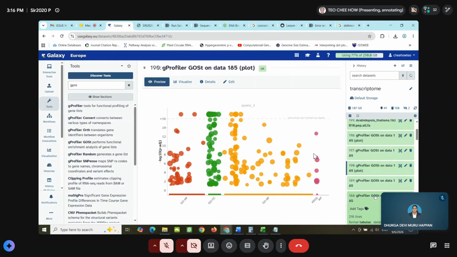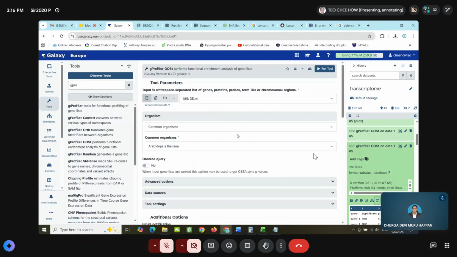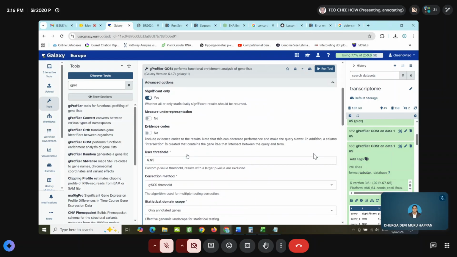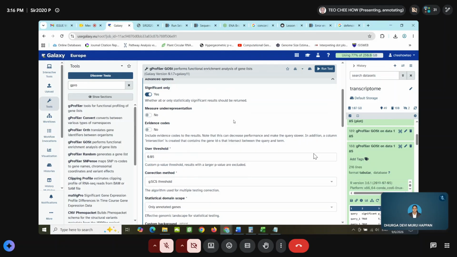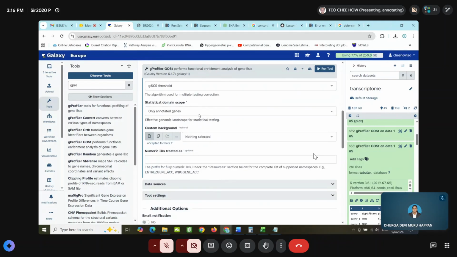So basically, you will need to do the GO and KEGG using g:Profiler, put the DE genes, choose the organism, right? You choose only the significant ones, using a significance threshold of less than 0.05. And then you can choose the background. So what is the background then?